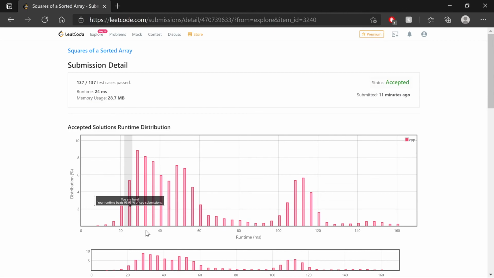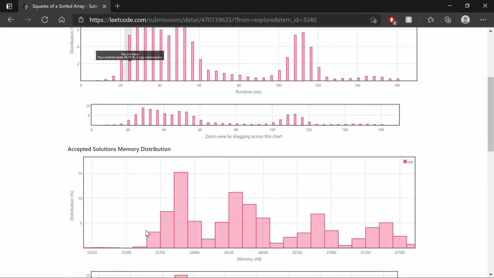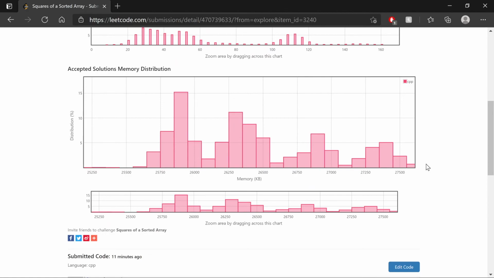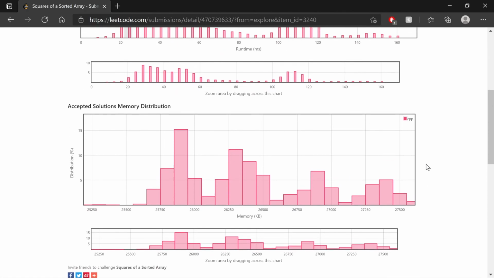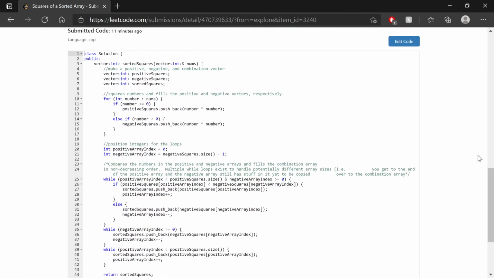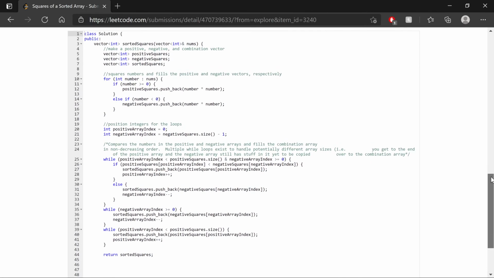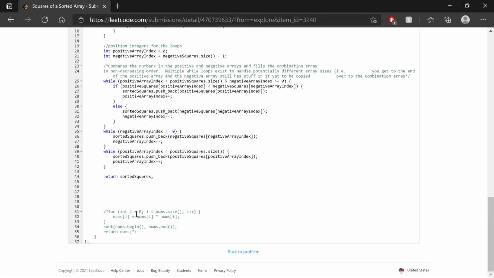Now, although I'm really high up here, I'm almost certainly extraordinarily low on the memory. Yeah, I don't even register on this one because there are ways to do an O of n solution that don't require several vectors. And as a final note here, if you're someone who created an algorithm that was similar to mine, and you got something that is an improvement in terms of time complexity compared to the sorting version here, but still not optimized,